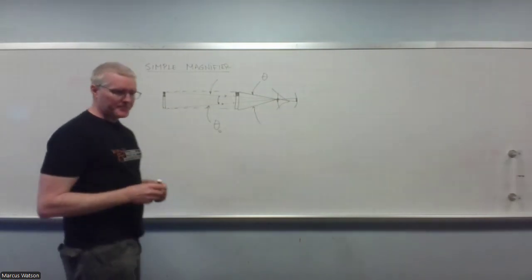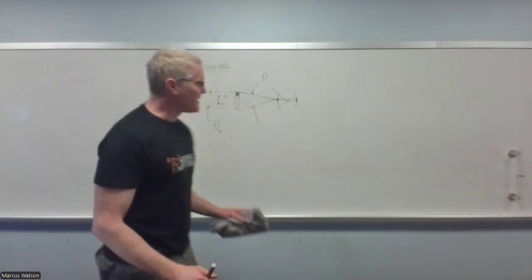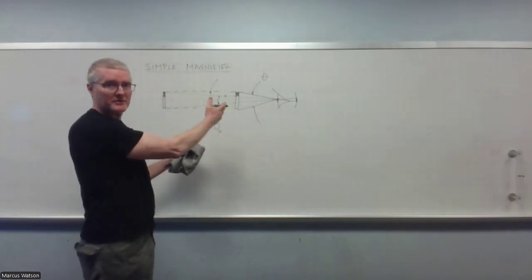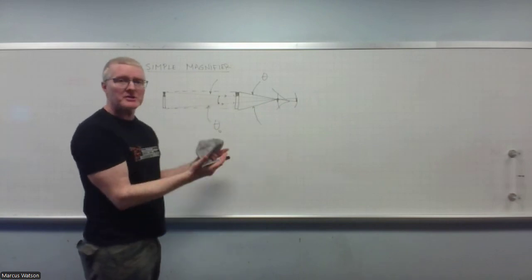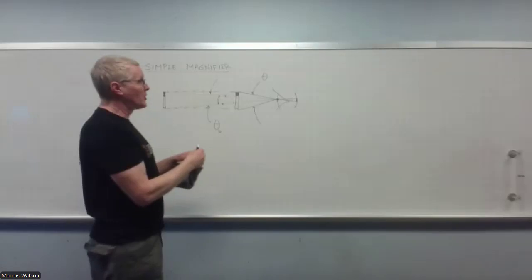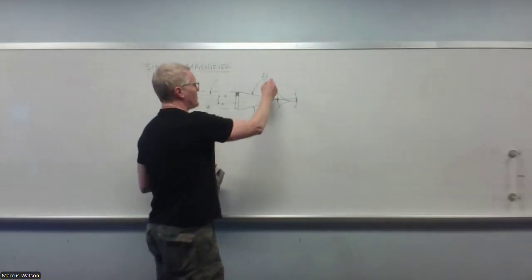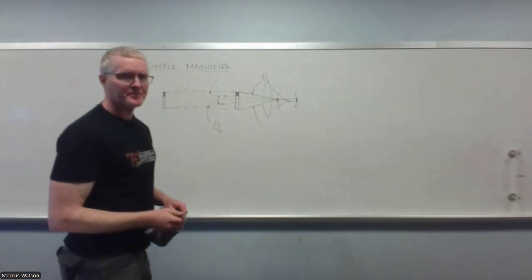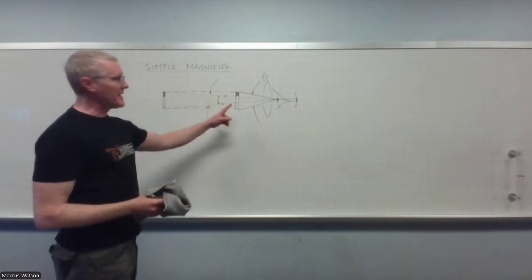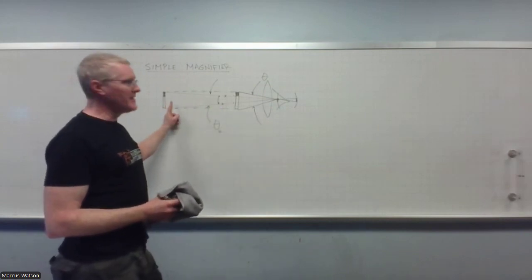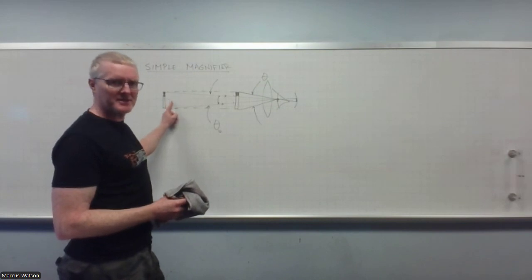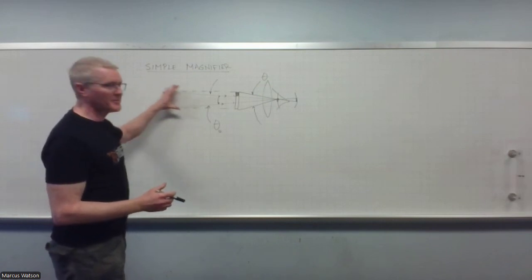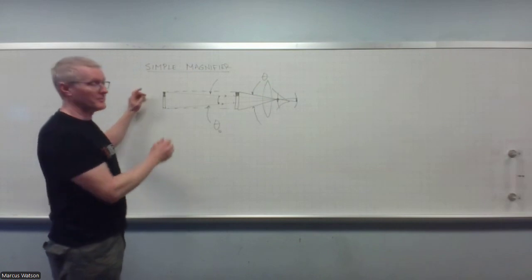Alrighty, so basically the point of a simple magnifying glass is to do exactly this. You can imagine that a lens would do this for us, yeah? Because what I would need to do is put here a converging lens, right? I'd put a big converging lens right about there. And what I'm going to do is make the focal point of that lens kind of near where this object is. Now remember, the focal length has to be further away than the object is,